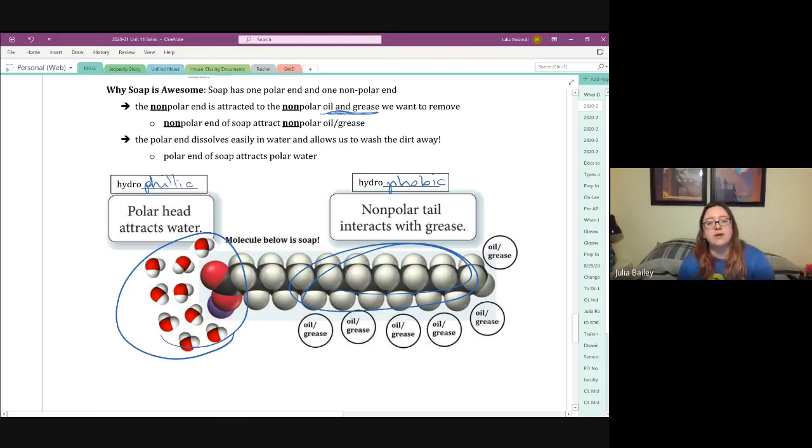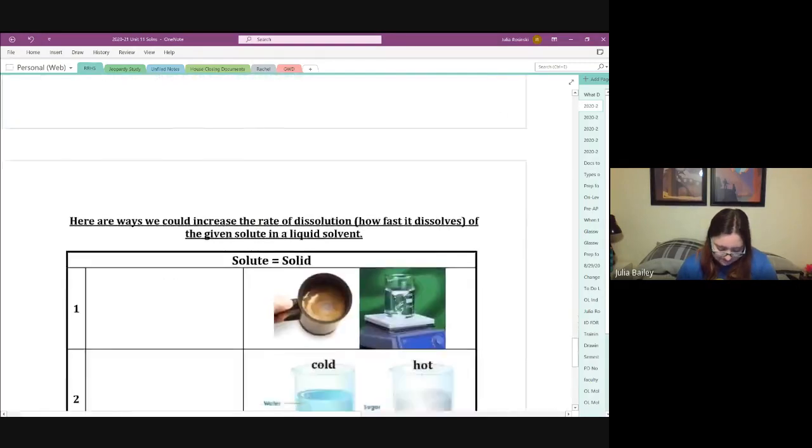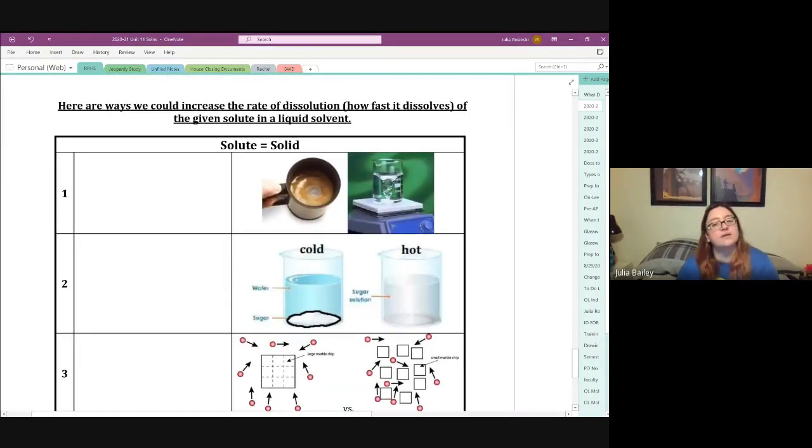That will help us wash everything away. Yay, soap. Okay, last thing for this video, there are some ways you can make stuff dissolve faster in other stuff. We're going to talk about when you dissolve solids into liquids and when you dissolve gases into liquids. So when you have a solid solute dissolving into liquid,